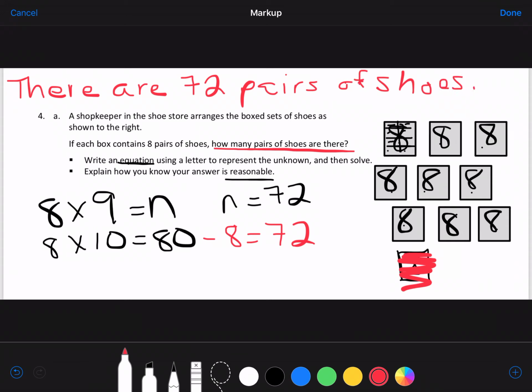I really wish I had a better way to write on here. Yeah, there we go. All right, now let's talk about this part. It says, explain how you know your answer is reasonable. So that means, how do I know that it's not like 742 pairs of shoes? Or how do I know it's not 16 pair of shoes? So we're going to say, I know my answer is reasonable